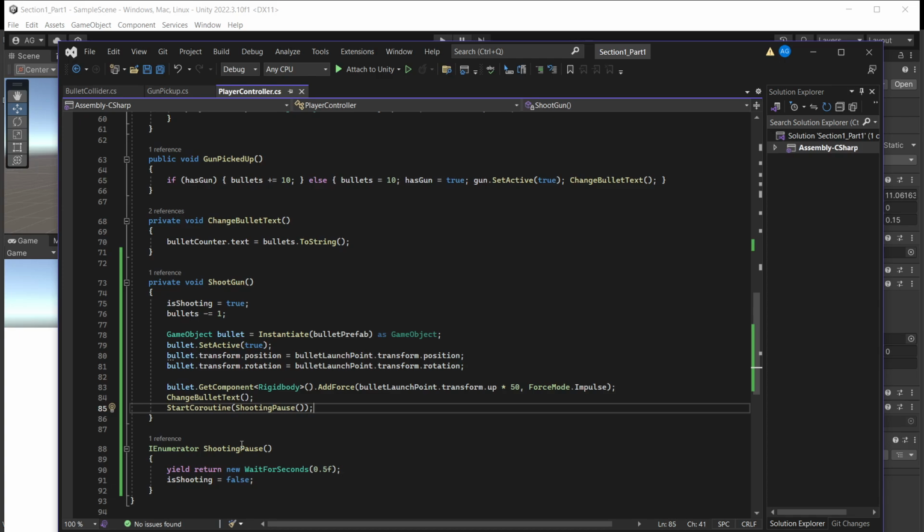We want to change our text because we've removed a bullet. And then we want to start our coroutine to say, hey, just wait a half a second. And then as soon as that half a second's up, now you can fire the bullet again. All right, if everything went according to plan,